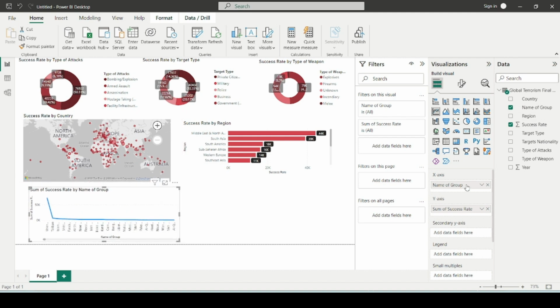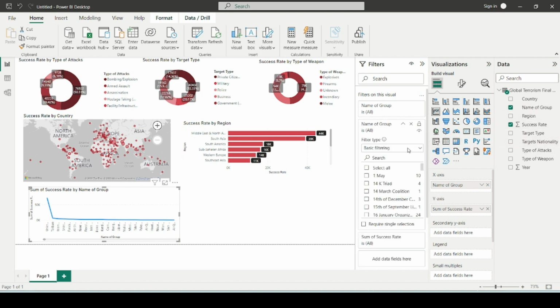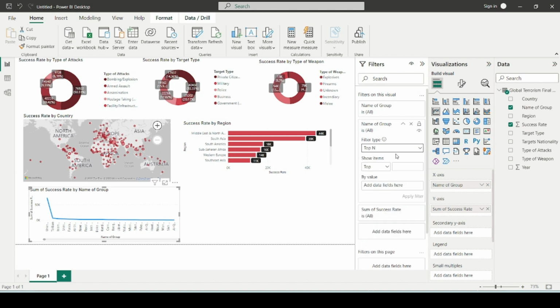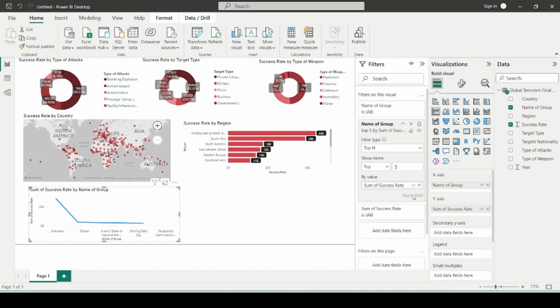Now select top 5 group by success rate, and